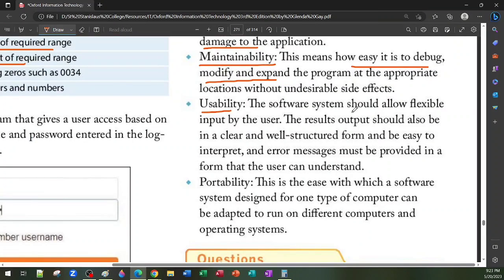Usability. The system software should allow flexible input by the user. The result output should also be clear, well instructed, easy to interpret, with error messages, and so on. So usability: once again, if it's a calculator, it should only accept numbers, but if I type in a letter, I should get an error message saying, look, I'm a calculator,